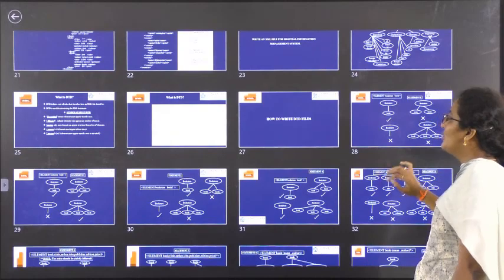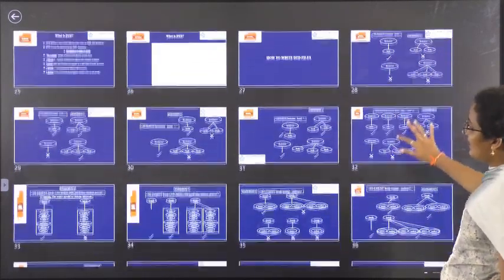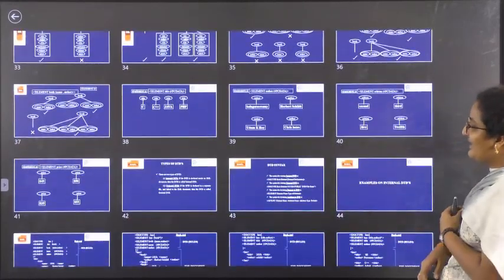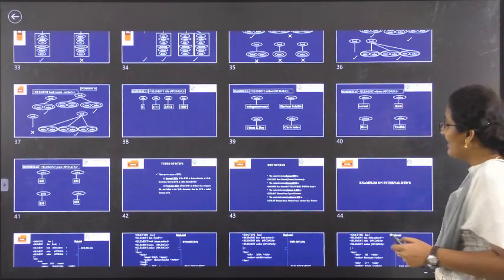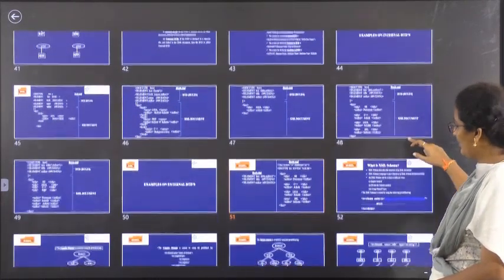Then we have gone into what is DTD, what are the symbols used in DTD and how to write the code in DTD. Then types of DTD, internal and external, and syntaxes. Then examples for internal DTD and external DTD also.